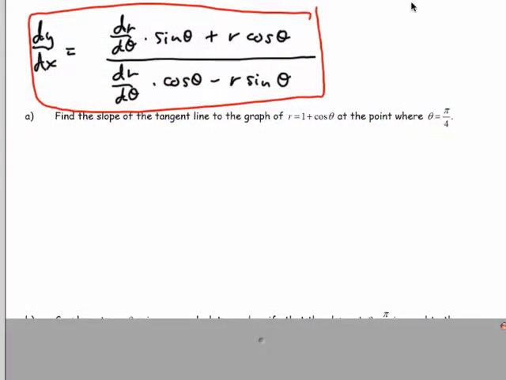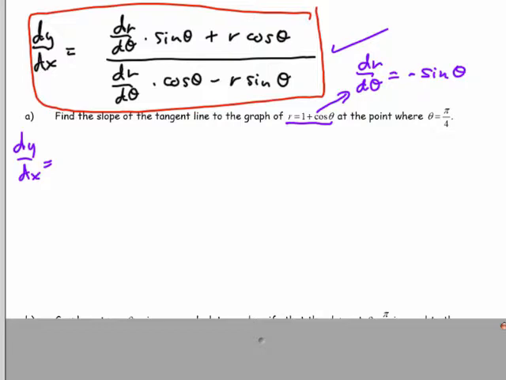alright, so let's apply this formula to find the slope of the tangent line to this polar graph at the point where theta is pi over 4. So we need to find our derivative applying this formula. So dy/dx will equal, now we need the derivative of r with respect to theta, and that would be for this, dr/d theta would be negative sine theta. So putting all these pieces together, we're going to have negative sine theta times sine theta plus r, which is our original equation, divided by